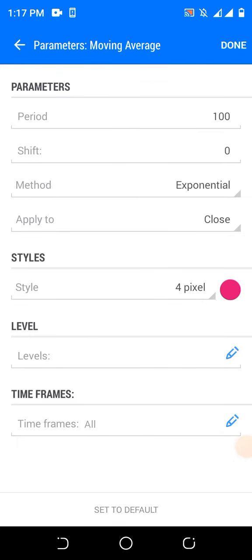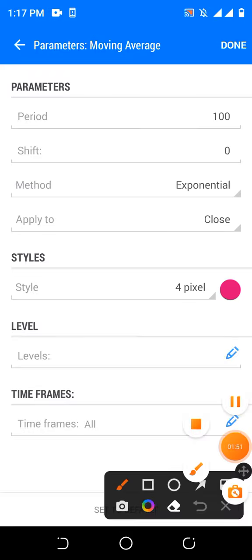Now here are the settings for the moving average. Pay attention, you can copy it down or screenshot it because the settings are the most important aspect. If you miss any data, the whole thing will mess up. Do you understand? So on my screen now, these are the settings for the moving average.